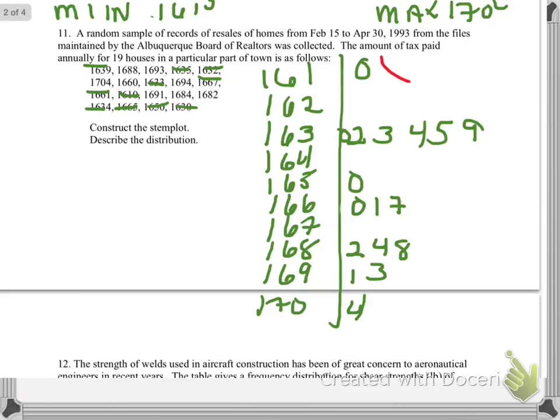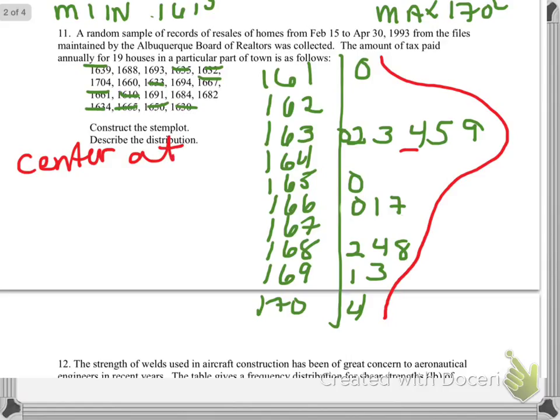Okay, so what I'm going to do is when I draw this, I'm going to say my center is 164. That kind of looks right. Okay, center. And what are these? They're sales, and there's the amount of tax paid. So it's the amount of tax. So it's $1,634,000. Okay, so I have gaps